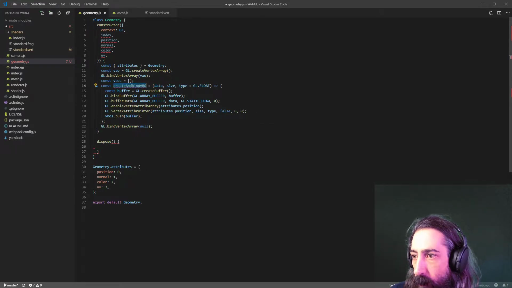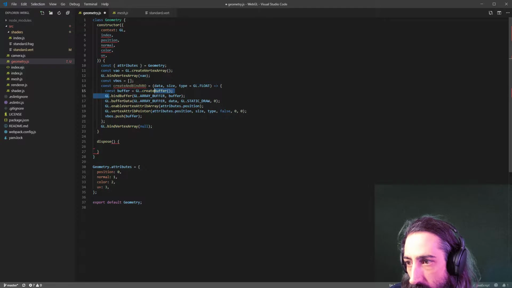And this will be a handler to create and bind all of our vertex buffer arrays. As before, it just creates the buffer, binds it to GL array buffer, sets whatever data we pass with a buffer data on GL static draw on the first offset, and then it will enable the vertex attribute array for the